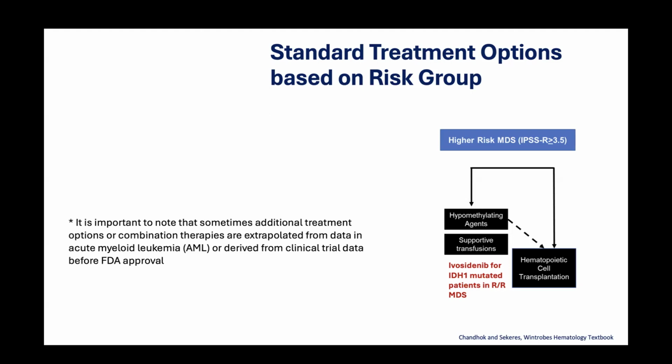And then again, if you are getting a therapy outside of one of these drugs that I just mentioned, do not panic. Sometimes people have regimens that are derived or extrapolated from data in acute myeloid leukemia, or are derived from clinical trial data before FDA approval for some reasons. So, if you are getting venetoclax in addition, this is a common combination that there are ongoing studies and trials, but also have been used in a cousin disorder, right? So sometimes things are added on for particular processes, but you can ask your provider, like, how is this different or why is this being used?